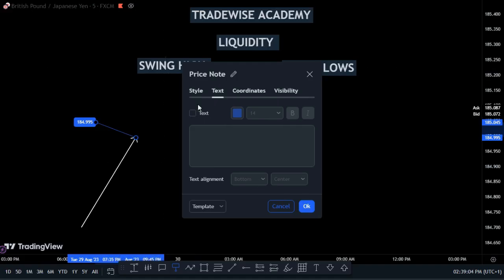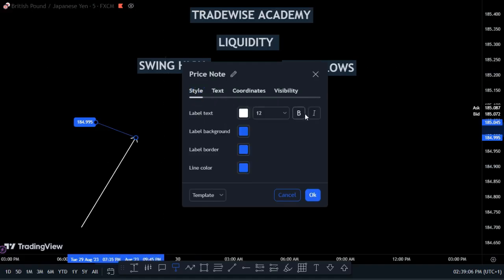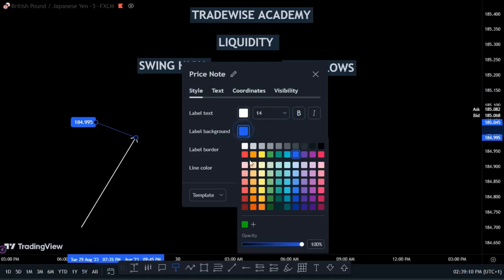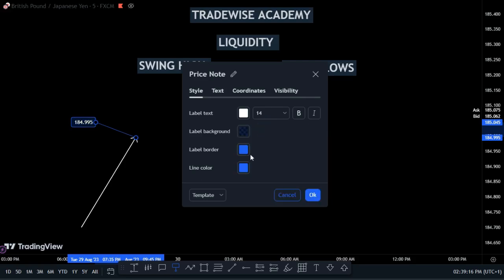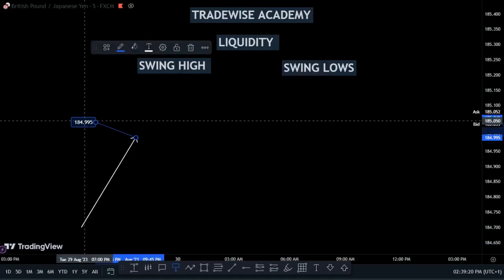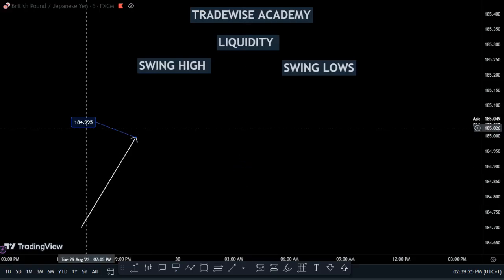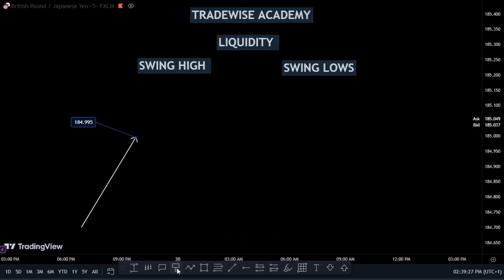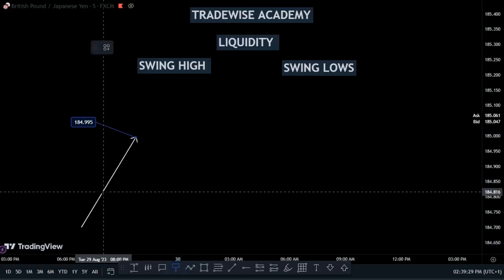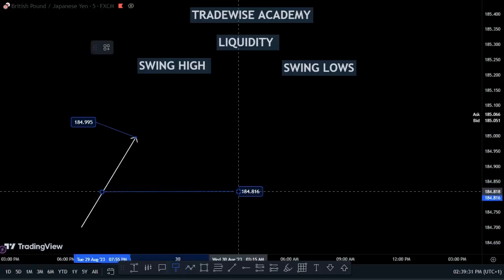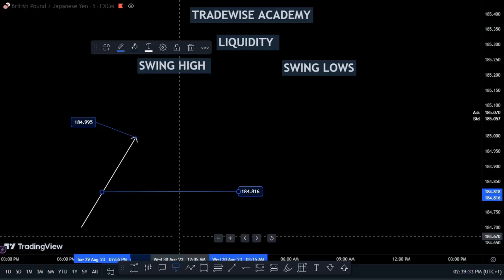Let's hit the settings and increase the size to make it easier to see. In most cases, the banks don't want to buy here; they want to enter somewhere down here,